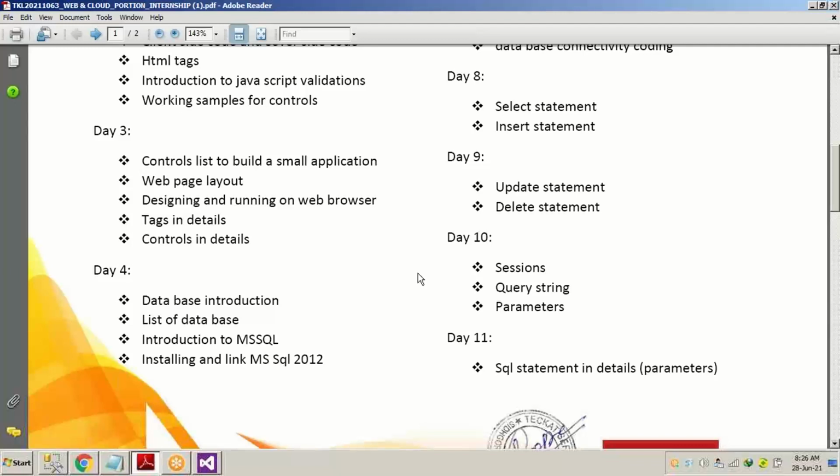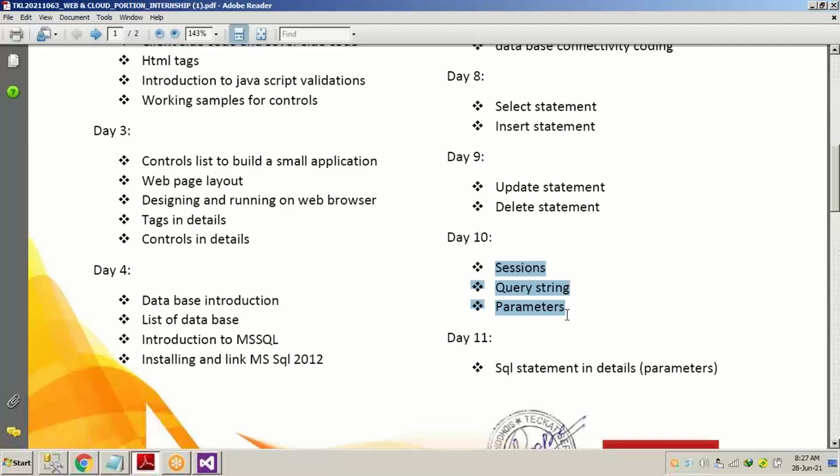And tomorrow I'm going to show you some demonstrations, and why these things are being used and where these things are continuously being used. Why some people use this, why I use this in our web portals, in our website or web applications. What is the need, what is the use, what are the advantages of these three things, meaning session, query string, and parameters? We will be discussing all these things tomorrow, and it will be a very different kind of thing. Let me just give you an example, of session, of query string, of parameters.